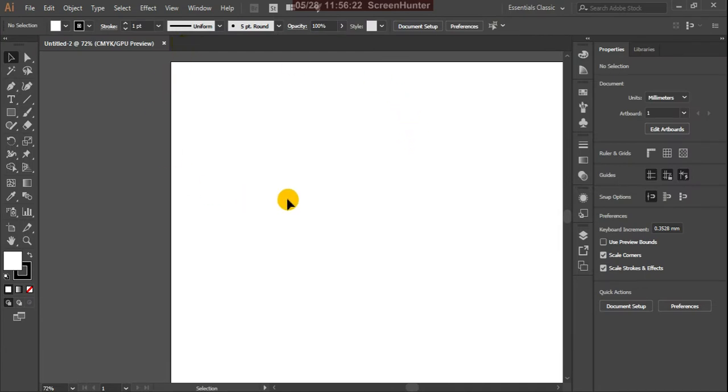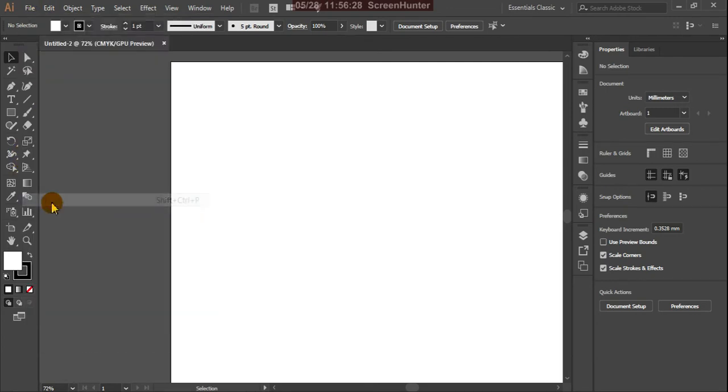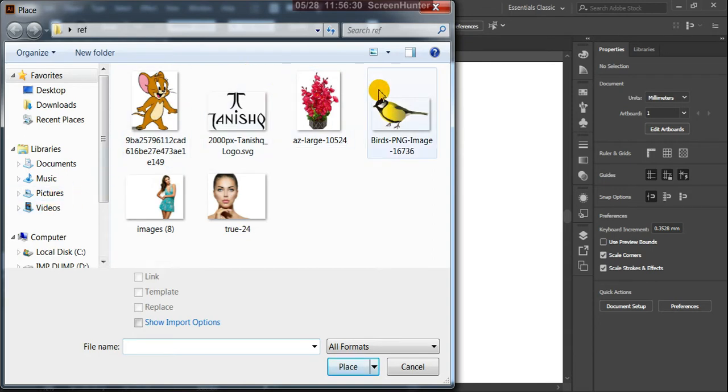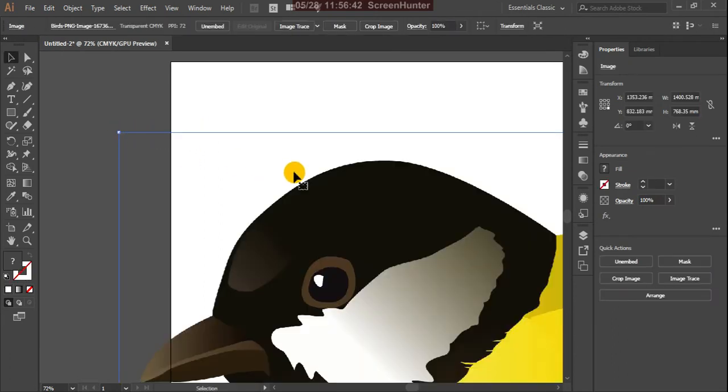There is a linked file actually, and suppose here from File I again choose Place. Now click on the bird, same bird. Now don't give the check mark here, don't give the tick mark, and place. See, your picture is there.